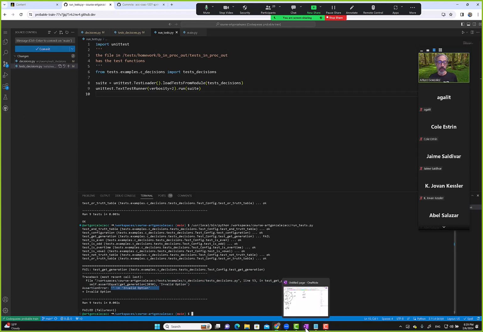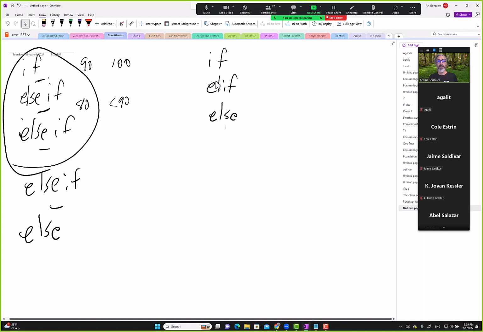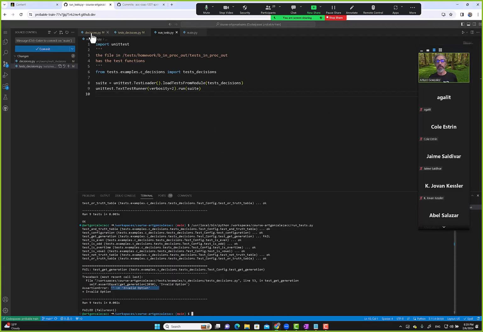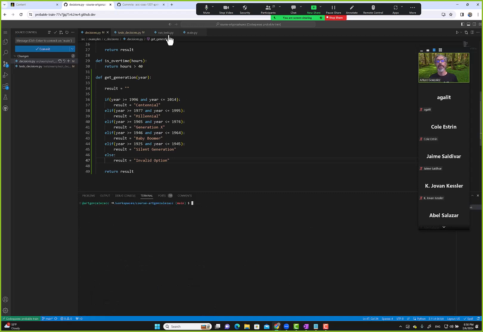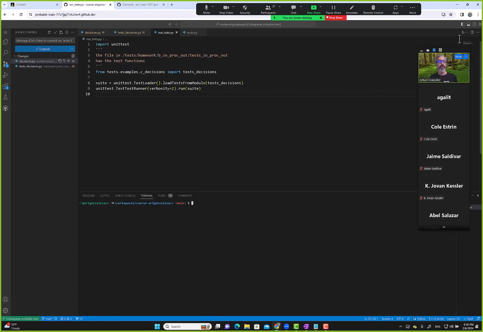So if we look at the structure of our if, elif, else, notice we need the else piece, right? So we go to our decisions here. So we cover all of these generations, and for this example, that's all we're interested in. So any other number we will handle with else, and we say result equals invalid option. Now I can go back, clear, run test, run it,